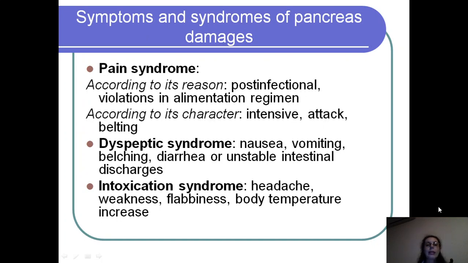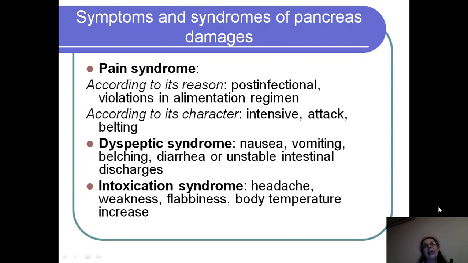Here again, if we are discussing syndromes, they are all the same: pain, dyspeptic, and intoxication syndrome. Pain syndrome should be characterized here according to all those parameters which we have mentioned already for all previous systems. Character of pain, epicenter of pain, irradiation, provoking factors, those factors which help to relieve the pain, and so forth. For example, if the child admits that his pain has epicenter at left hypochondrium, it's irradiating to